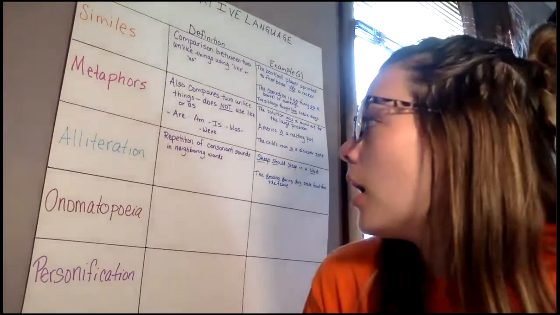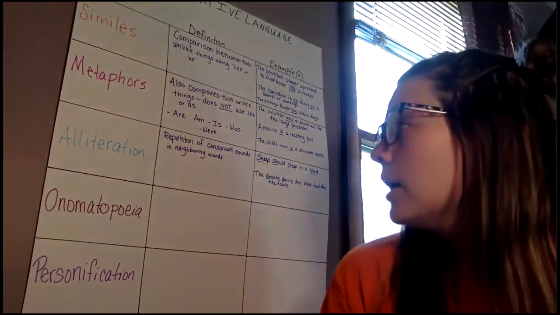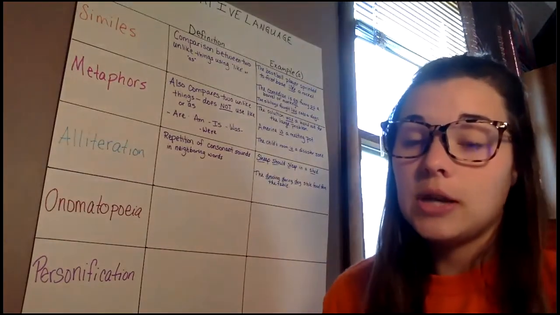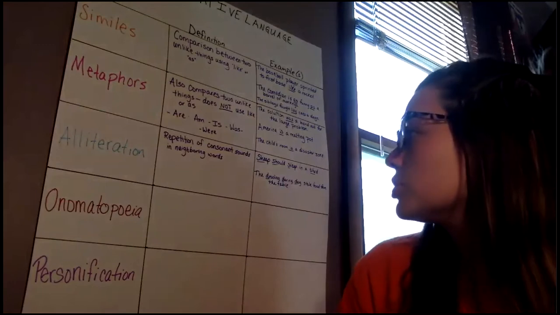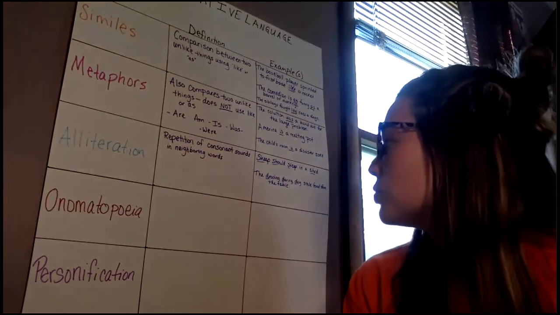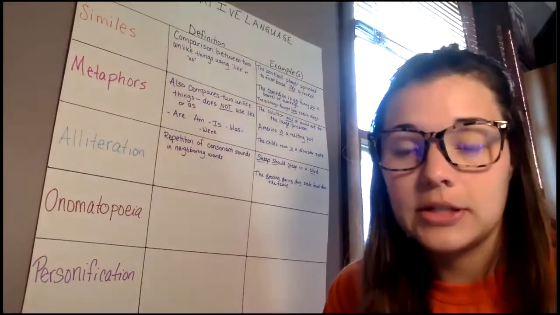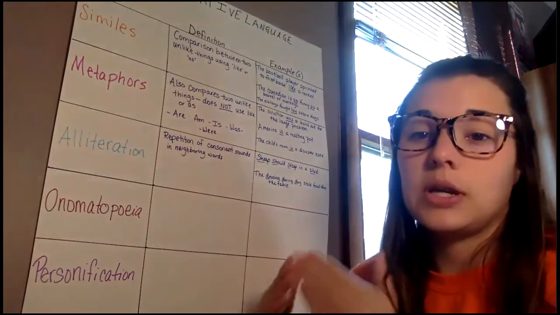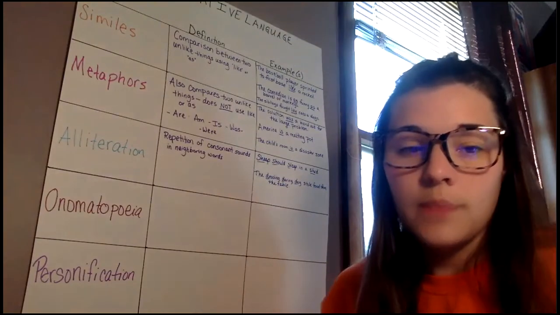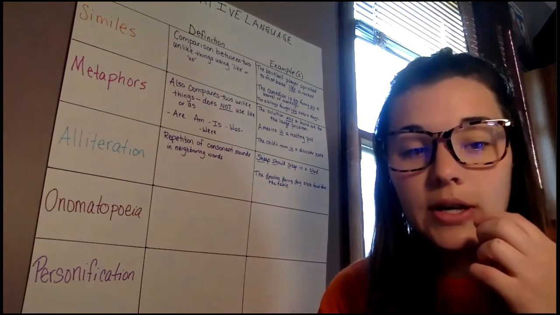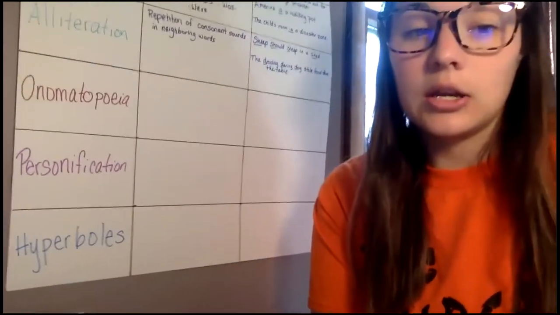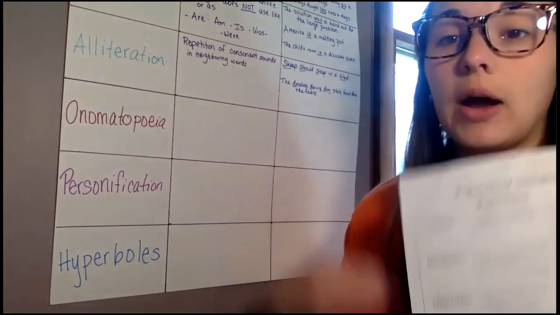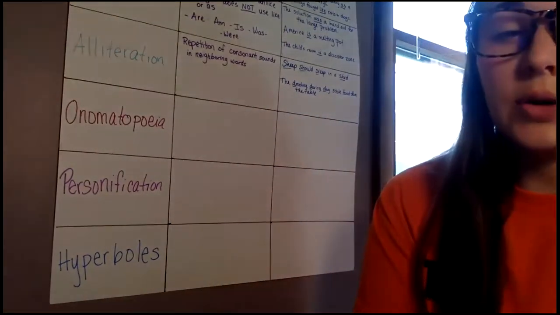Okay, and then alliteration we talked about is the repetition of the sounds at the beginning of the words multiple times in a sentence. So: sheep should sleep in a shed. The drooling, daring dog stole food from the table. So repeating the same letter or letters over and over again multiple times in a sentence. Okay, so today we're going to cover onomatopoeia, personification, and hyperboles. So again, if you want to get your worksheet out and fill it out with me, or if you want to go back and do it afterwards, that's up to you.